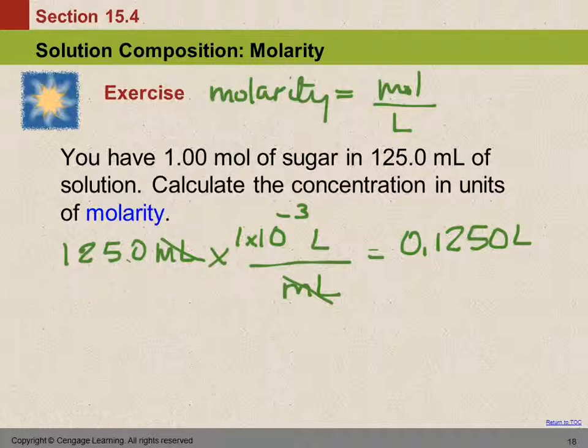So that method works for some people and not for others, and that's why I'm always going to write these out. It's for those that don't like the moving it over. Because some people have a hard time remembering which direction am I supposed to move it. So here we've got our volume, and now we can say molarity is the moles, so 1.00 moles of the sugar, divided by the volume of solution,